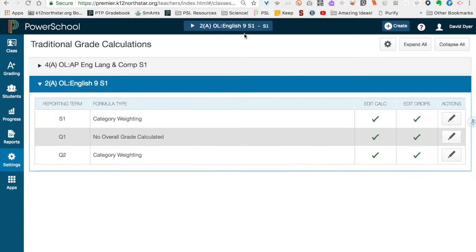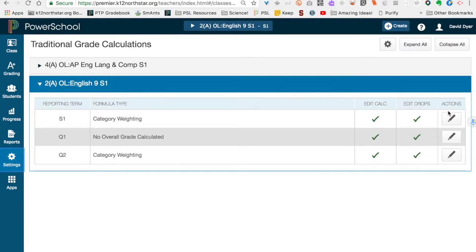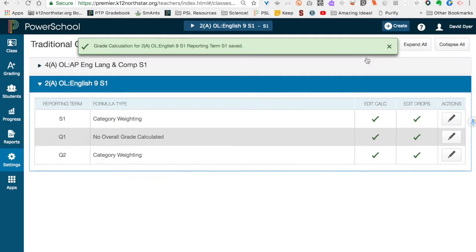So I'm over here in the grade book, and I went to Settings and Traditional Grade Calculations. And when I'm there, I can go to my Actions and edit those categories: classwork 20%, quiz 30%. You get the idea. Then when I go to create an individual assignment, however,